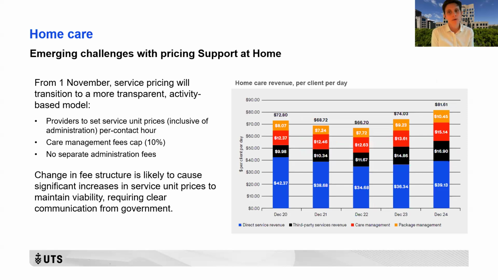The third issue we explore about home care in the report has to do with some of the emerging challenges that we see as arising in the pricing arrangements for support at home. Now, as many of you know, from the 1st of November, service pricing will transition to a more transparent activity-based model, and this encompasses several features. One is that providers will set service prices, which will be inclusive of administration and set on a per contact hour basis. Care management revenue will be capped at 10% of a client's quarterly budgets, and there will be no separate